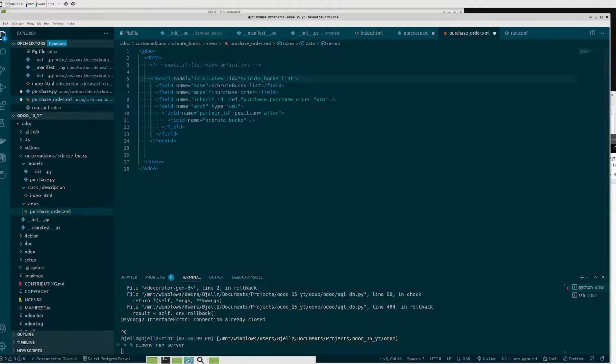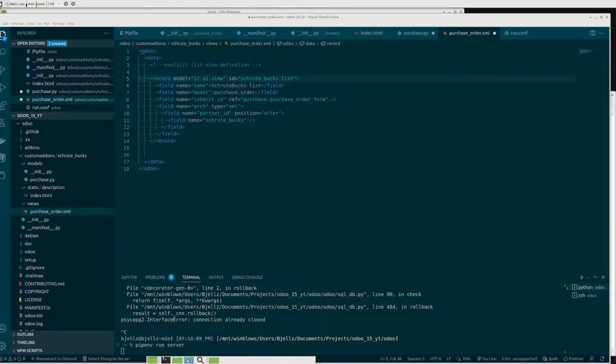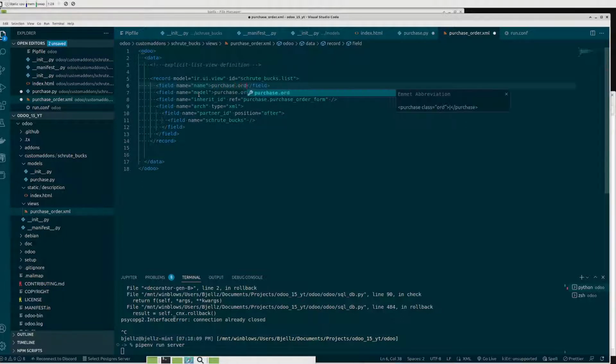Let me just take a look back at my notes. Okay, so the name is just what we saw in model data here. So it was purchase.order.form. Now for the ID attribute here, that's the last thing that we want to configure. So this is going to be pretty much the same,